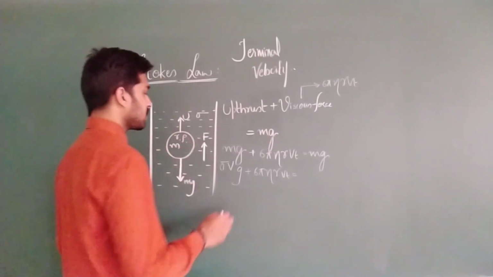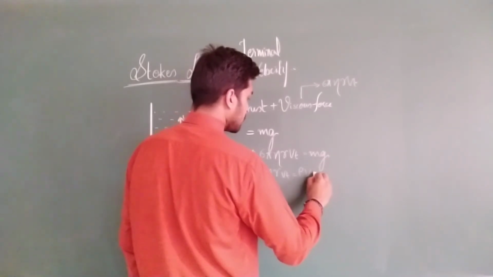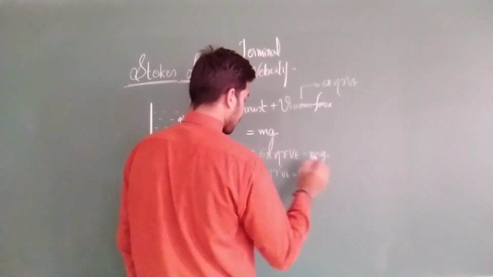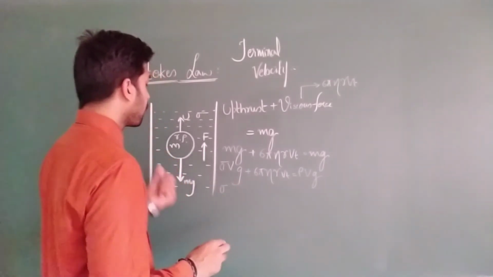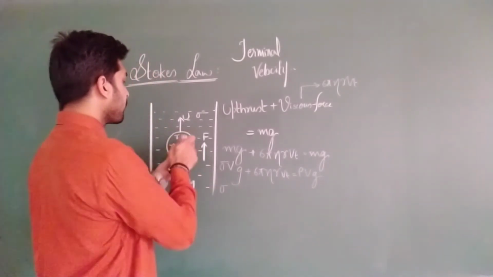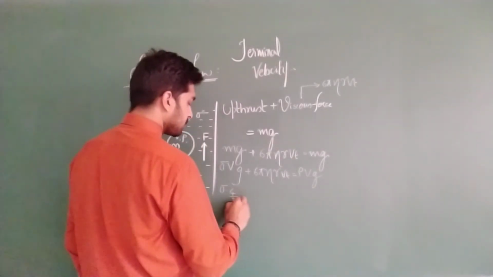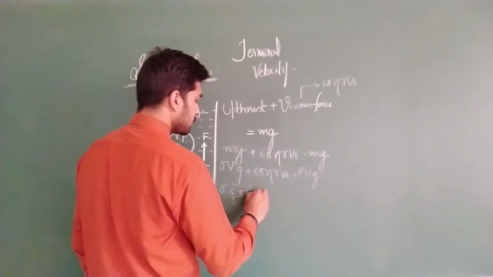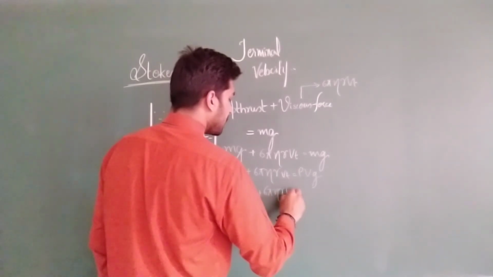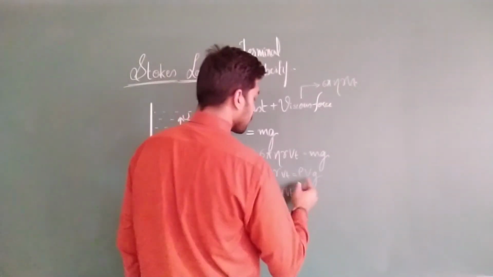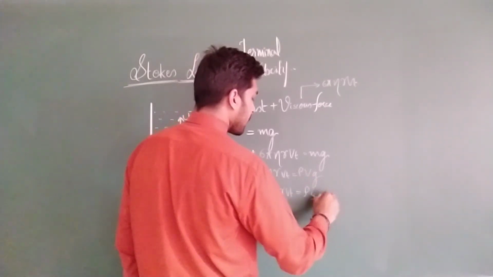Density is given as rho, volume V. Next, G as it is. Sigma as it is. The volume displaced by this complete water, due to this volume, is 4 by 3 pi r cube, into G, plus 6 pi eta r dt as it is, is equal to, now here rho, volume is nothing but 4 by 3 pi r cube by m.